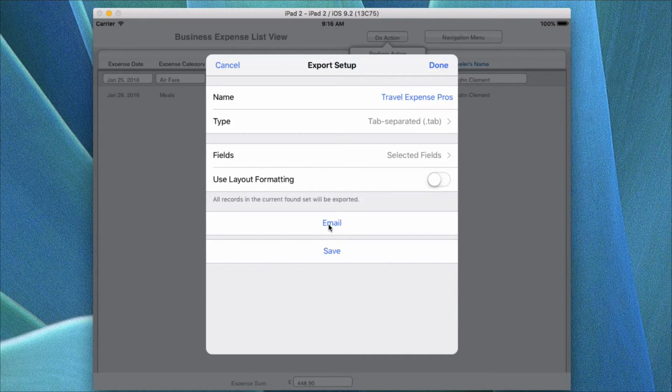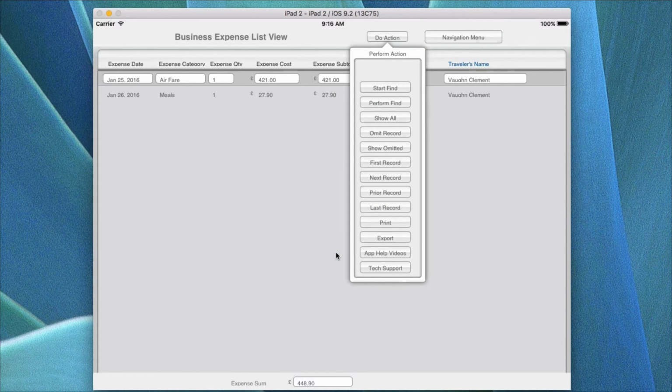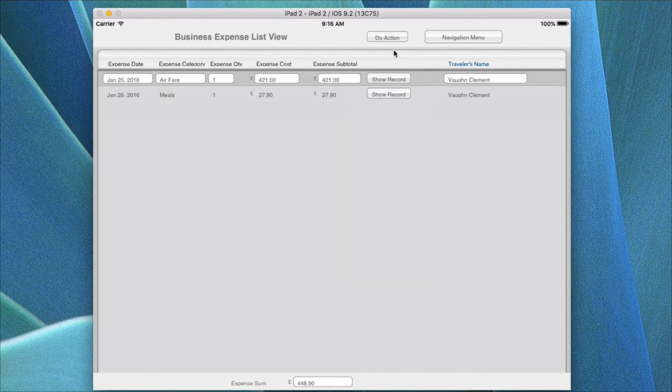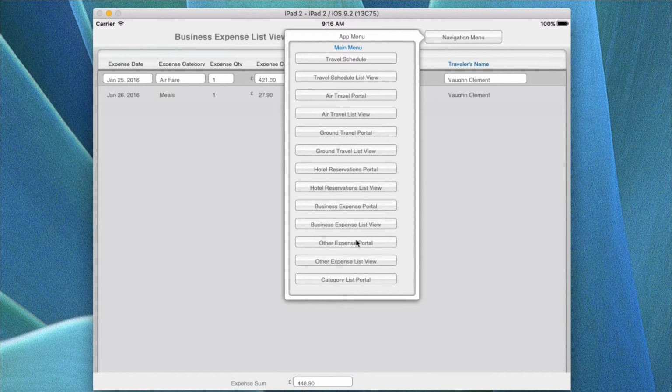I could send it in an email or I can save it to a drive. In this case, if I save it to the drive, I'd probably end up having to name it. So I'm going to go ahead and click it, and then it's going to go ahead and send it to the drive. In this case, it'll send it over to your portal for your photos and images. Okay, so now that we've done that and we've done the export,